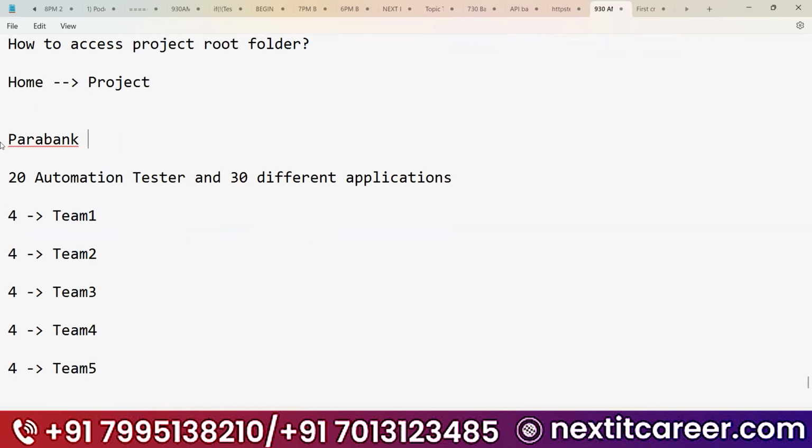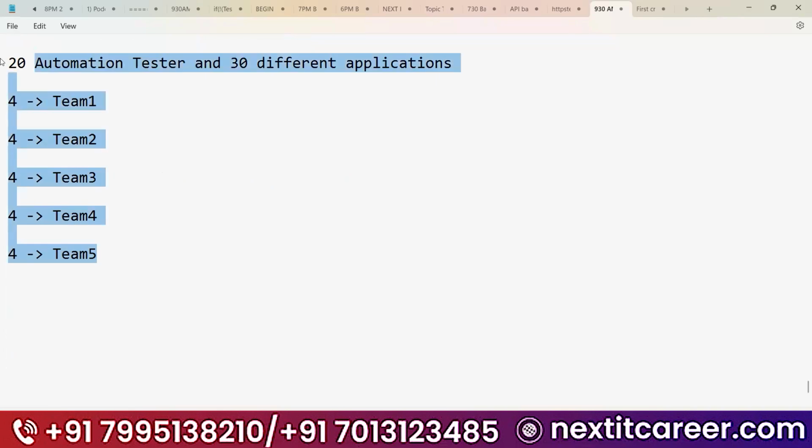So in my application, I have a requirement of 20 automation testers with 30 different applications. Somehow I have to automate everything using Tosca. Now how to handle this 20 member work? It is very hard, right?